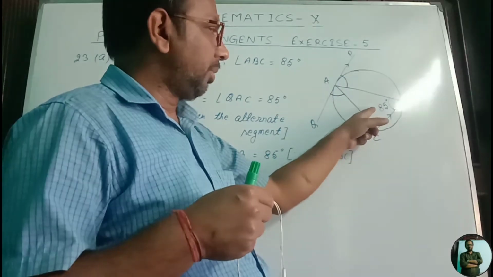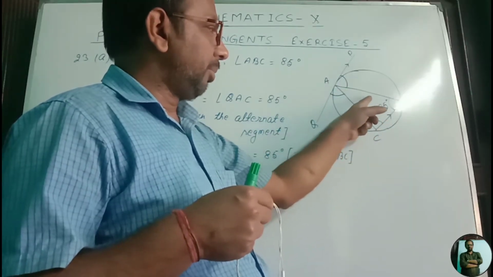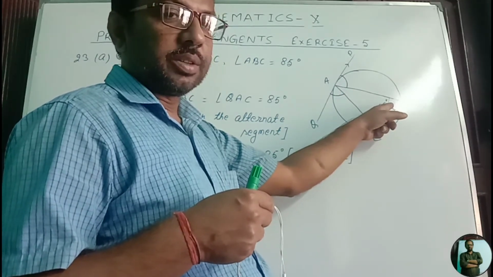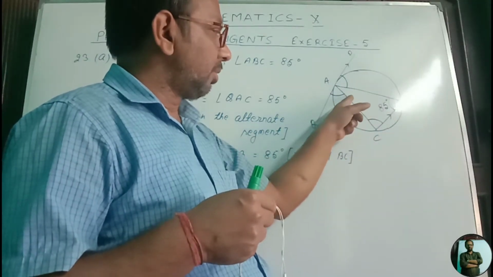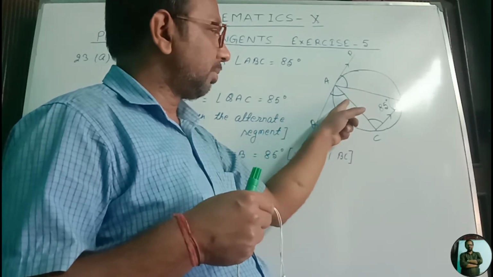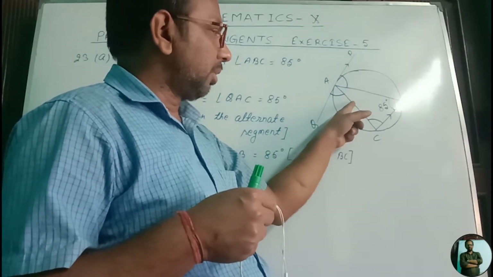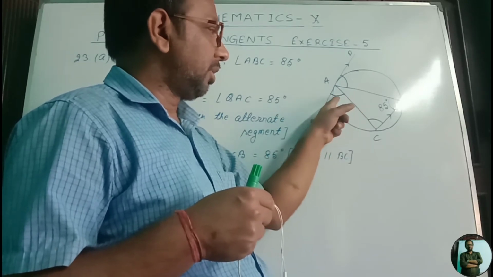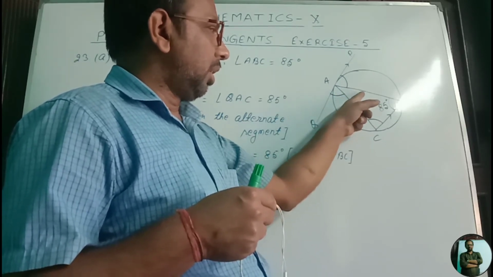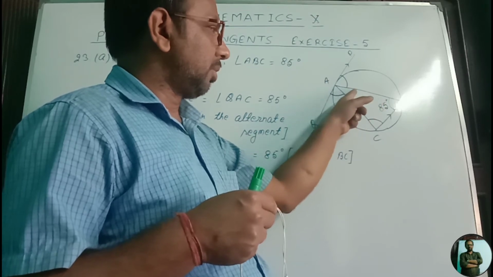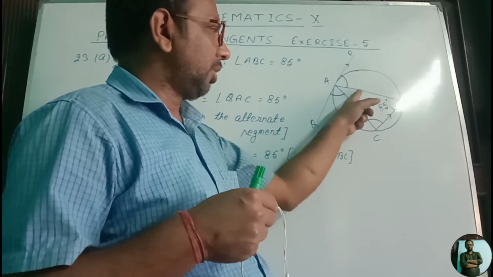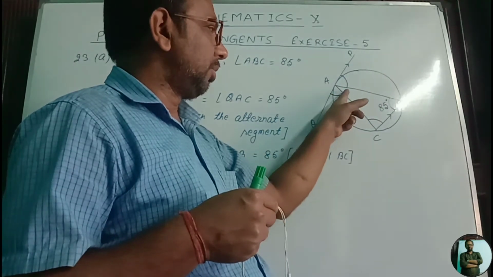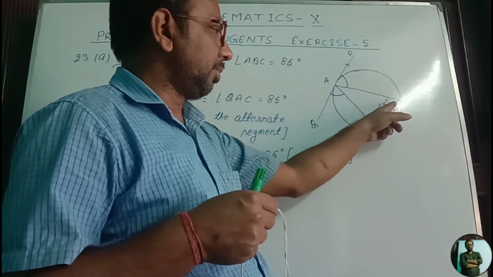So it is important to know the method of identification along which side we will travel to get the angle in the alternate segment. As we cross this chord, we have two sides, this one and this one. We will not use this one because this is subtending an angle with the tangent. We will travel opposite of this chord. This chord is not used to subtend this angle. So we will travel along this side and will reach to this angle.